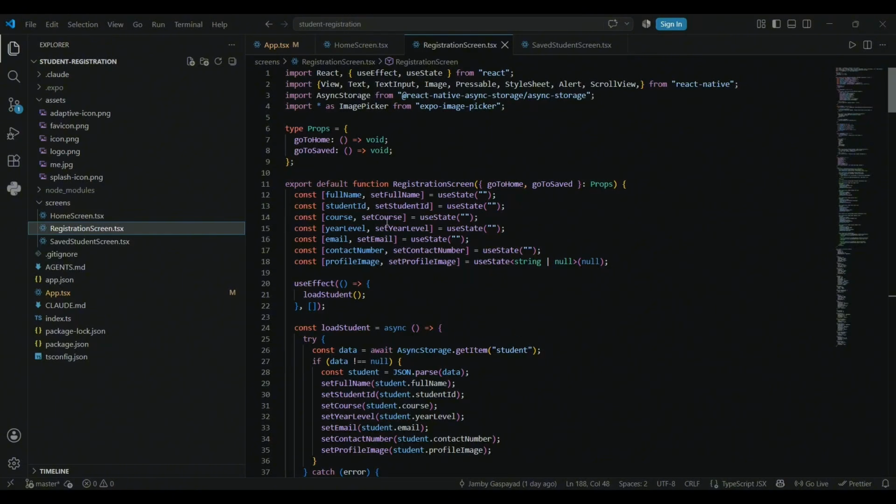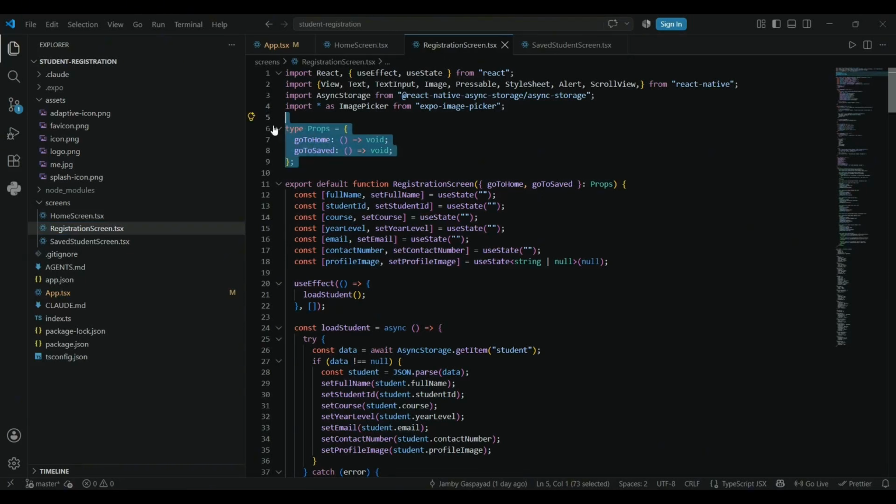The next is the RegistrationScreen.tsx. So I import useEffect and useState from React. Then same as in the home screen, but I also import the Image, the Pressable and Alert, and ScrollView, and then I also import the AsyncStorage from React Native AsyncStorage, then the image picker, then these props.